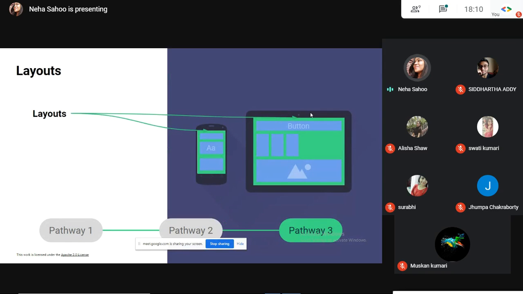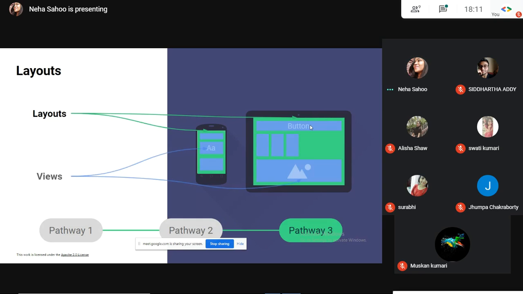Yesterday I could not explain it to you very thoroughly, but going over it again, a layout is nothing but a container. If you consider layout as a container, then it is a container in which we have all the views. Like we have text views, image views, and some other views as well. All of these are basically embedded inside the container. We have a lot of different types of layouts, like constraint layout, relative layout, and some other layouts, but these two are something that we will be working with again.